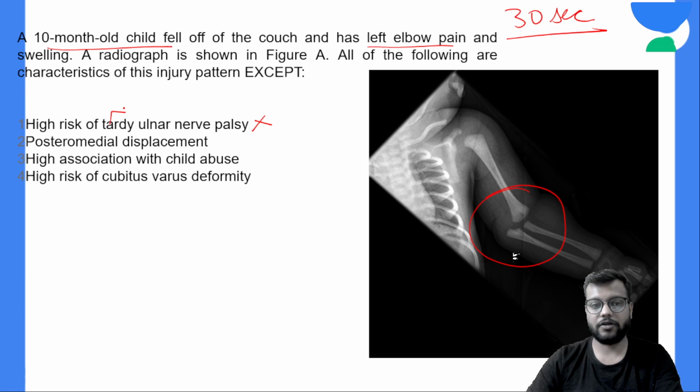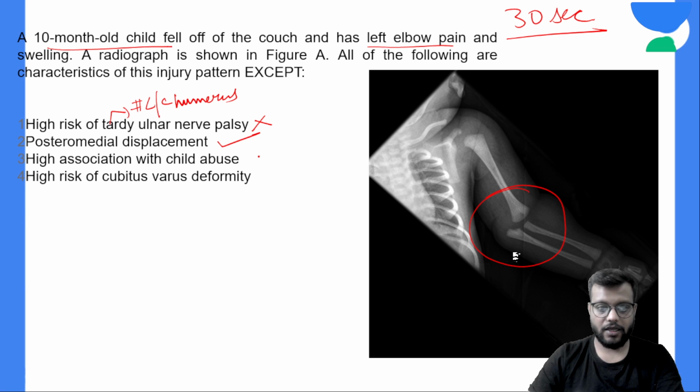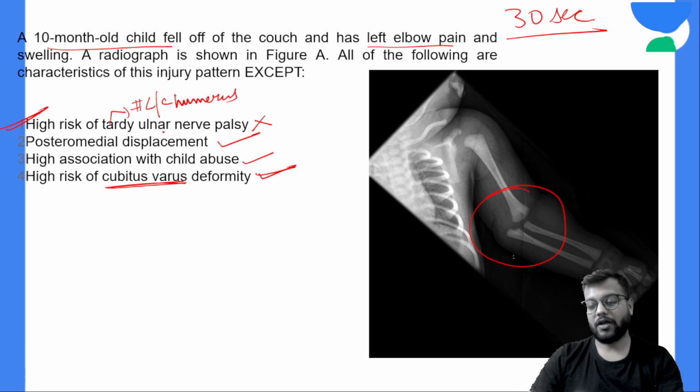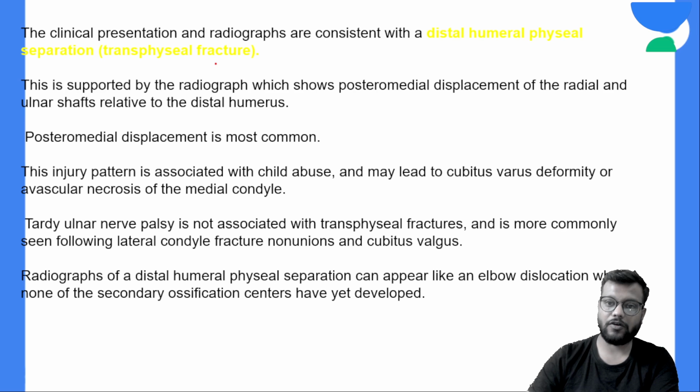The tardy ulnar palsy is in the malunited lateral condyle fracture of the humerus. Posterior medial displacement is there, yes. High association with child abuse, yes, it is a characteristic feature. And high risk of cubitus varus deformity, yes, here there is high risk of cubitus varus deformity. So the answer will be A, that tardy ulnar nerve palsy is not the characteristic feature of this injury,